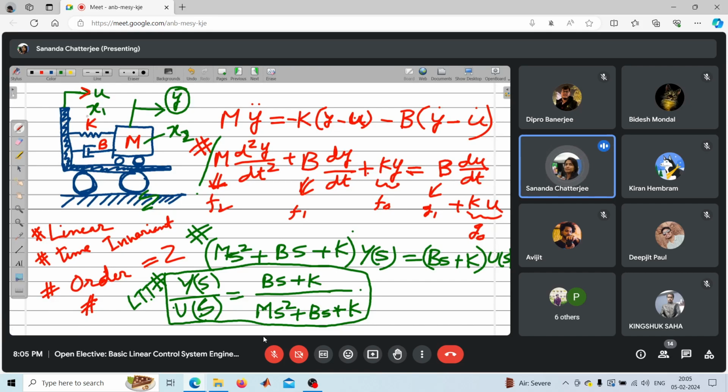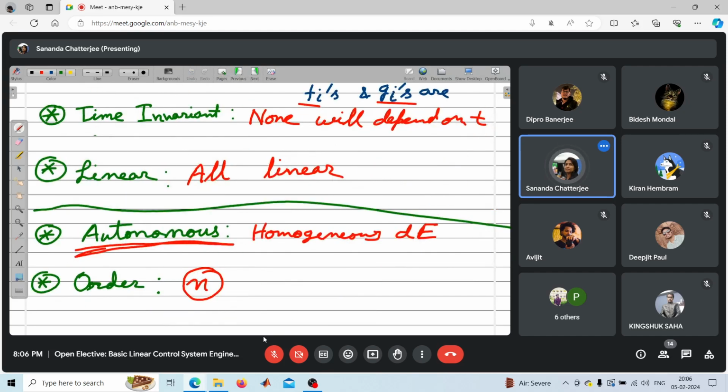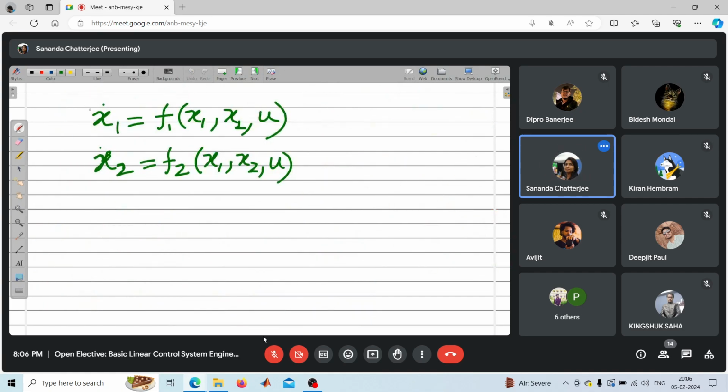So in this case, we can assume that x1 is equal to y. Do you agree? The energy stored in the spring K will be proportional to the square of the displacement y. So therefore, the energy stored in the spring will be dependent on the variable x1, which is equal to y. As we know the system, we can now assume that our x1 is equal to y, our x2 is